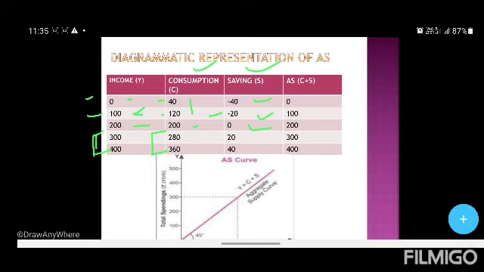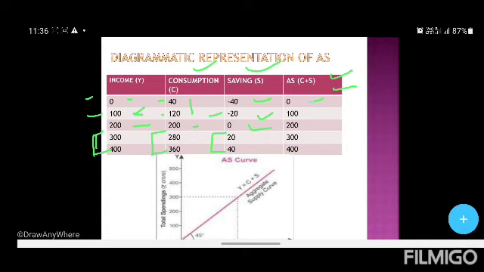Therefore, the part that is left, that part of income which is now not consumed by the consumer, is now saved. Therefore, there is positive saving. And ultimately, we have aggregate supply, which is equal to C plus S, that is consumption plus savings, and we here